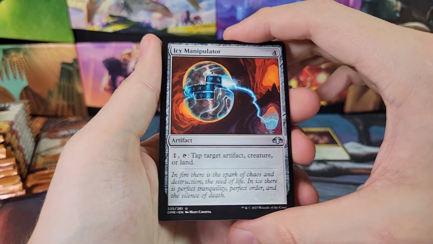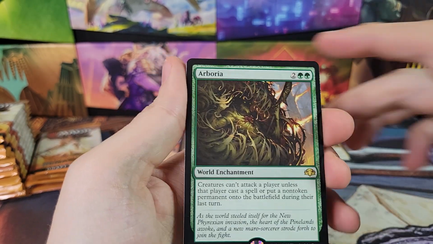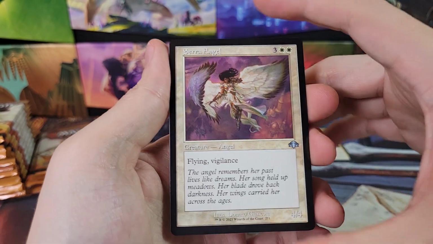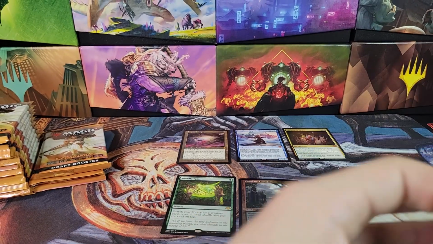But then, relatively recently, I opened a box of Innistrad Double Feature. And that set did not have collector boxes. It was just draft boxes. And the foil multiplier for some of the cards...